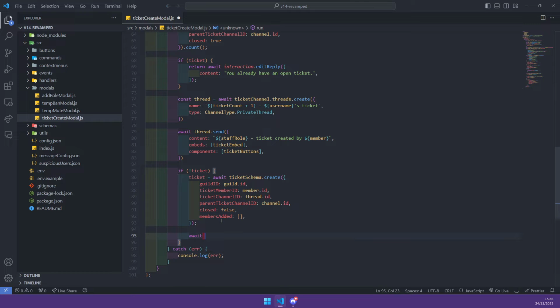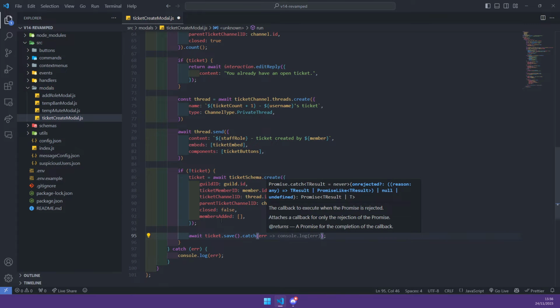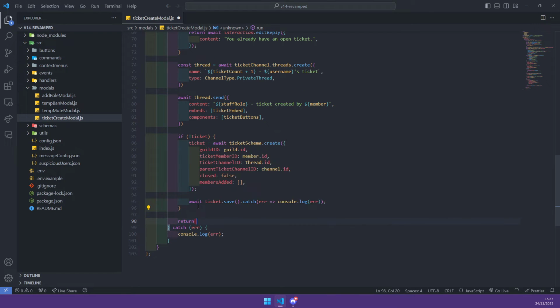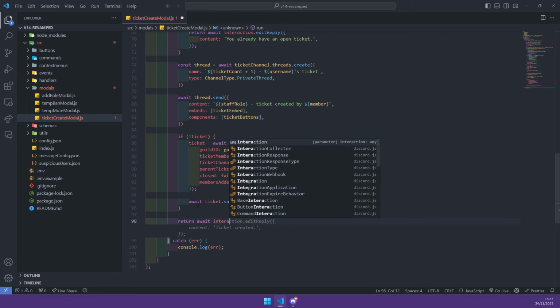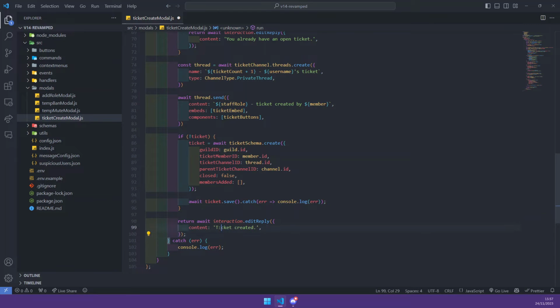And we're going to save that, so await ticket.save, and we're going to catch any errors, and we're just going to console log them. And then finally, we're going to return await interaction.editReply, and we're going to set the content to be your ticket has been created in ticket channel, thread, sorry,